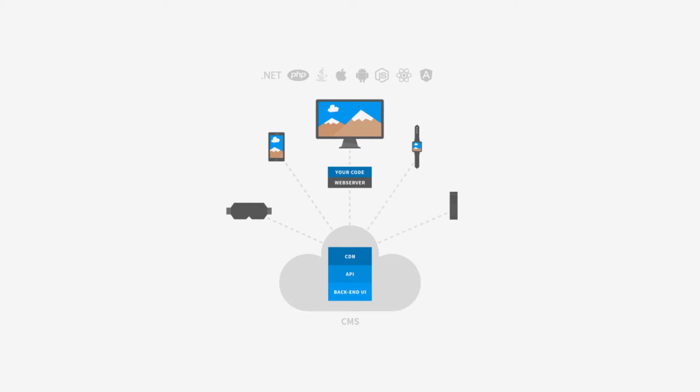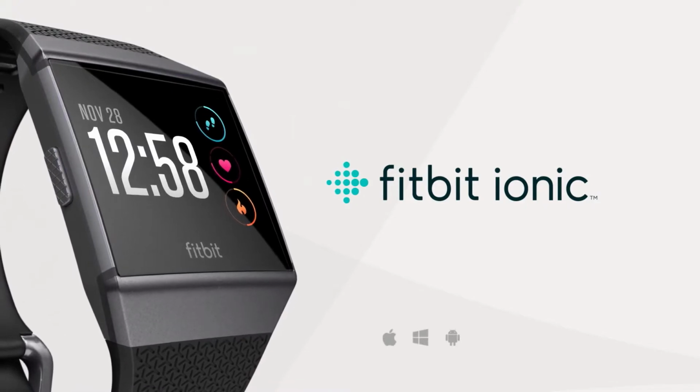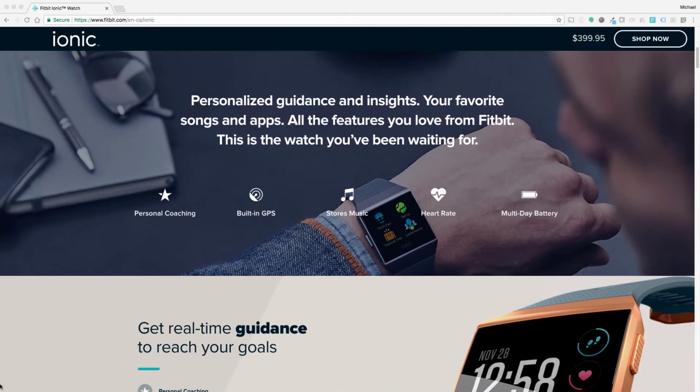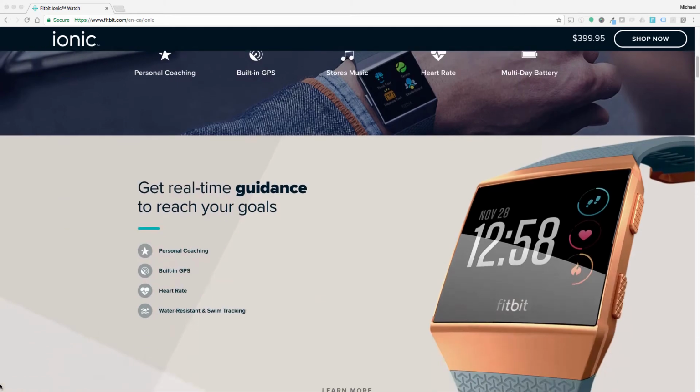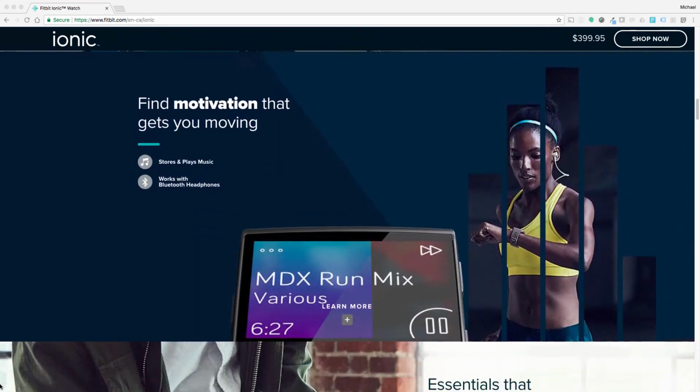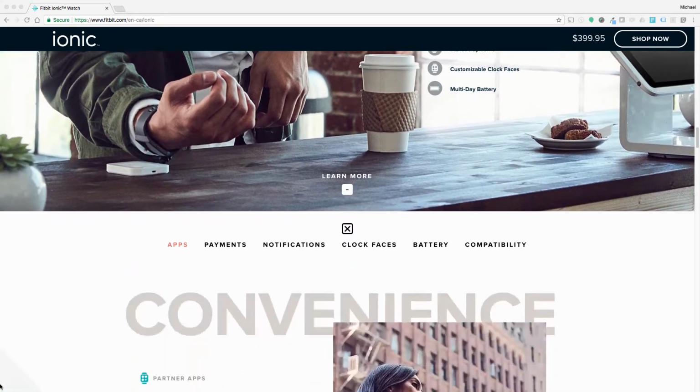I recently got a new smartwatch, and you guessed it, one of the first things I wanted to try was making an app and pushing content to it. This is where the new Fitbit Ionic comes in. The Ionic is the first smartwatch by Fitbit. It does all the cool stuff you'd expect from a Fitbit, like track absolutely everything possible about your physical activity, or lack of. But being a smartwatch, it not only runs apps developed by Fitbit, it can also run third-party